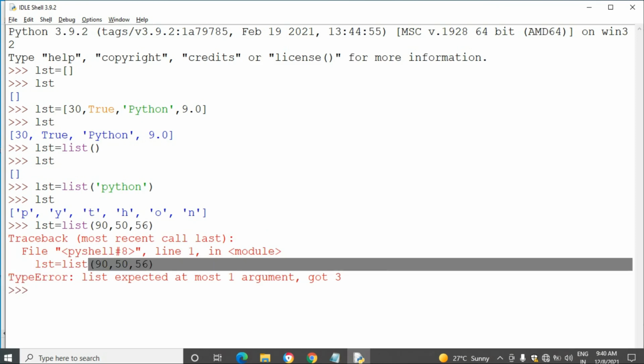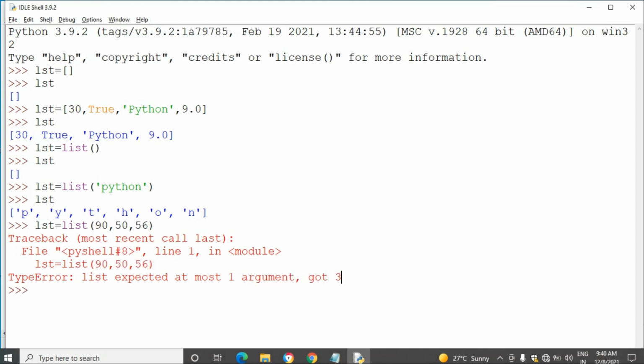See, the interpreter has thrown an error, type error: list expected at most one argument, got 3. It means the list function takes only one argument, but we have given three values inside the list function. To avoid this, we should modify the list function like this.